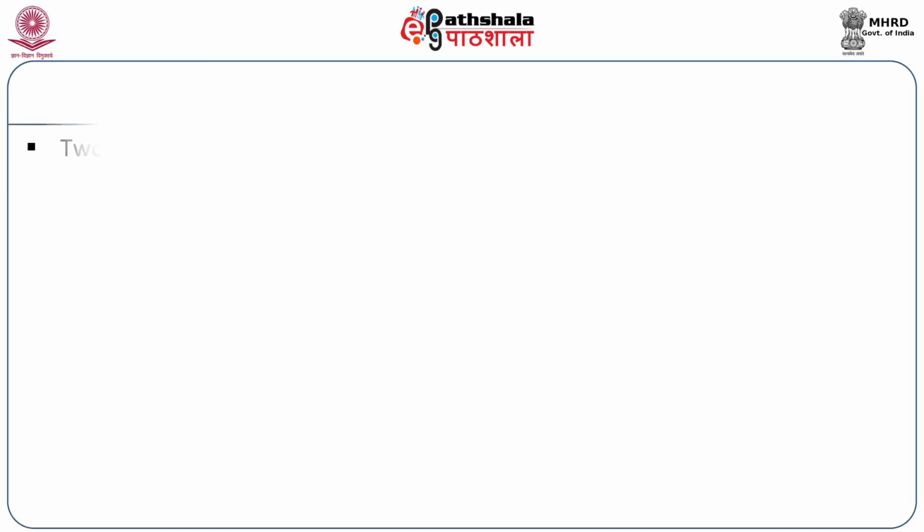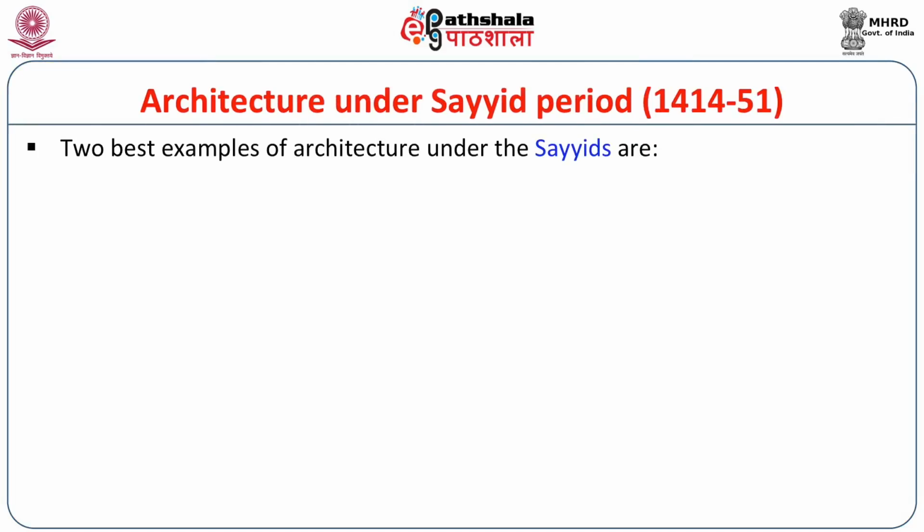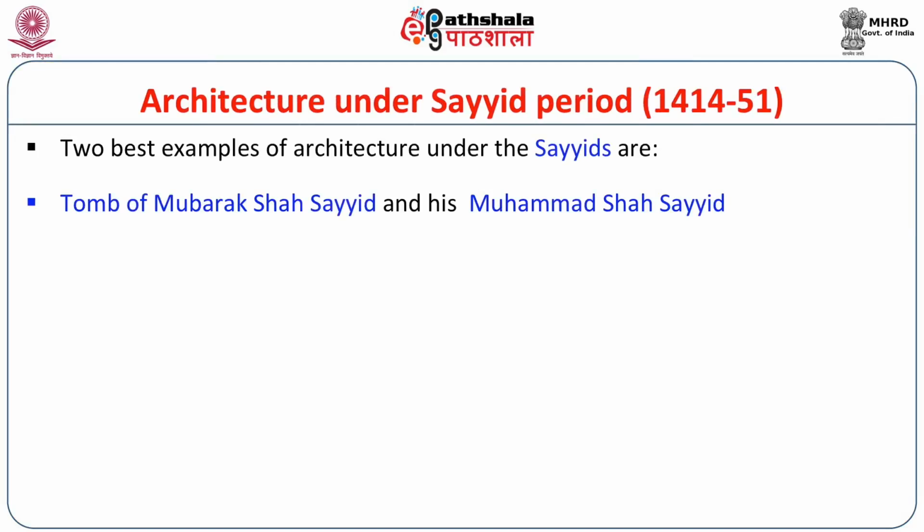Now we are coming to the last period, when the political as well as economic decadence started, and that is the period of the Sayyads and the Lodhis. And here we will mention the monuments which are very prominent and of importance. The best 2 examples of the architecture of the Sayyads are the tomb of Mubarak Shah Sayyad and the